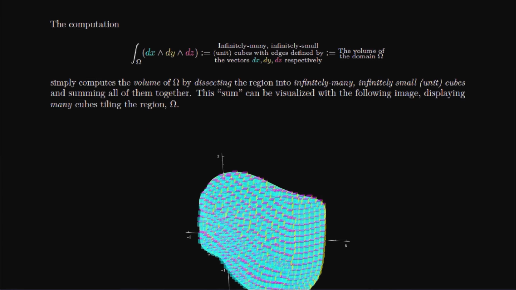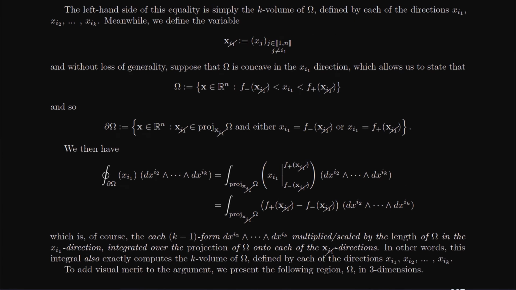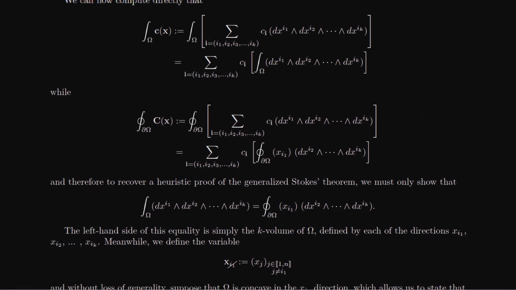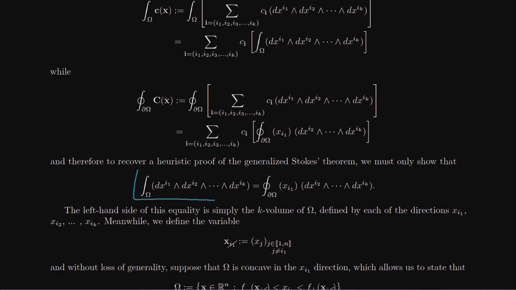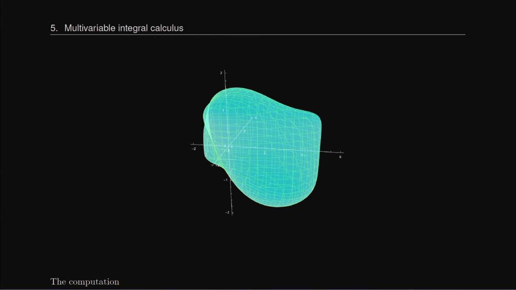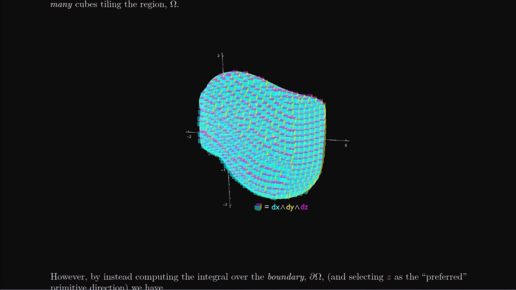Okay, so that is me completing all of this jargon. If you want to read through the jargon, you can try to figure it out. But that's me saying, here's me tiling that shape just with infinitesimal unit cubes, and then this is me tiling the shape with columns whose faces are a specific face of those unit cubes, and then the column extends in the remaining direction. And they end up producing the exact same volume, which is why the generalized Stokes theorem should hold true for